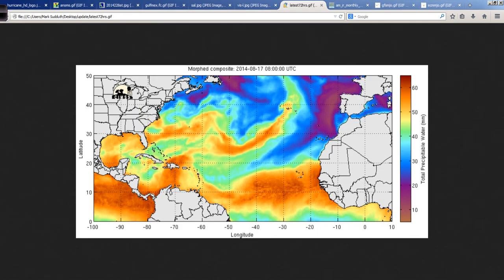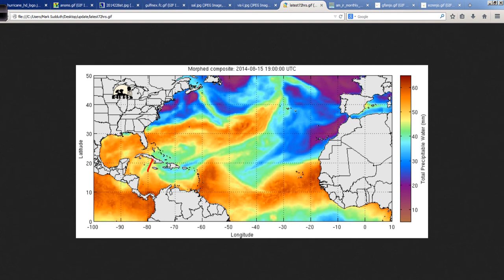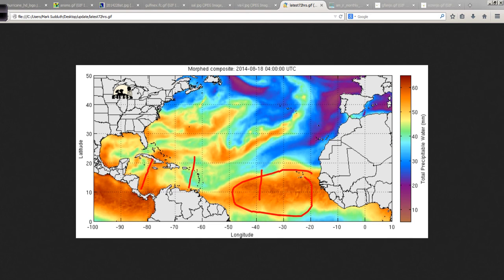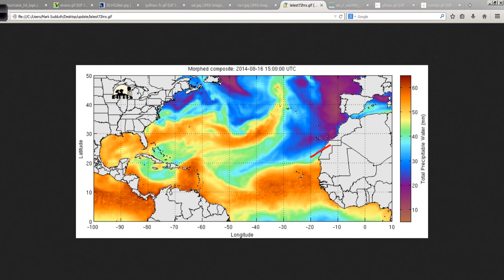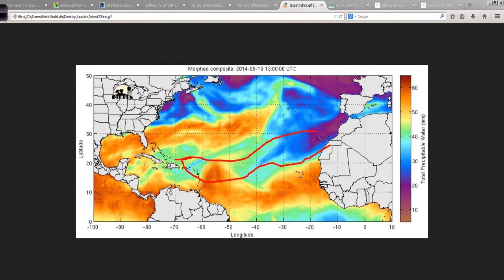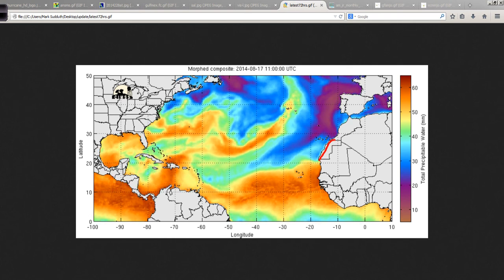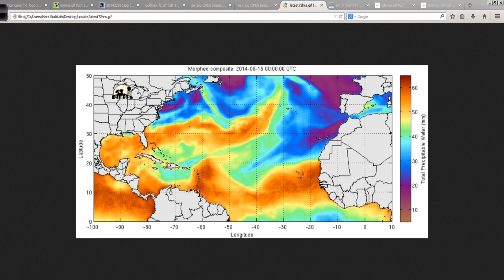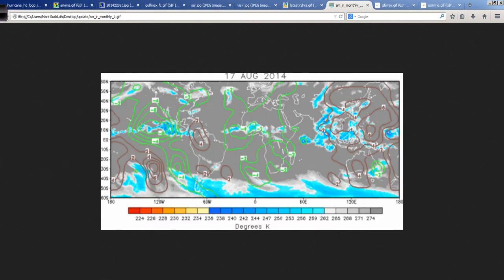Looking at the total precipitable water in the atmosphere, notice a couple of things. These tropical waves moving through, there's one there, and then this large rotating area of low pressure, generally speaking. But then at the end of the frame, and even through the rest of these frames of animation, you can kind of track this dry air column coming through, punching through the deep tropics. And even at the end of the animation, watch right here, another surge of this dry air coming in near the Cape Verde Islands, really plaguing any chances of development in the Atlantic Basin right now. And added to that